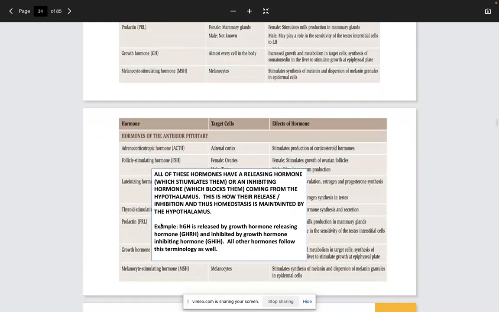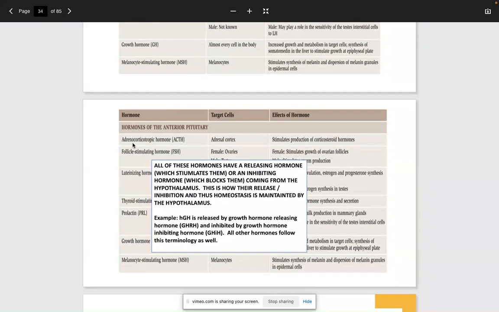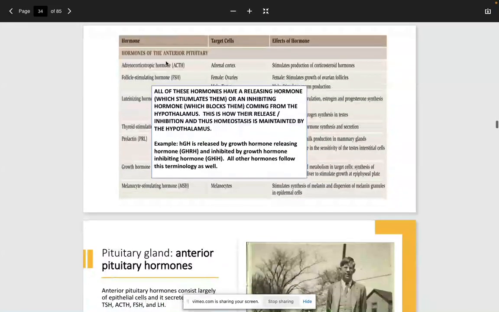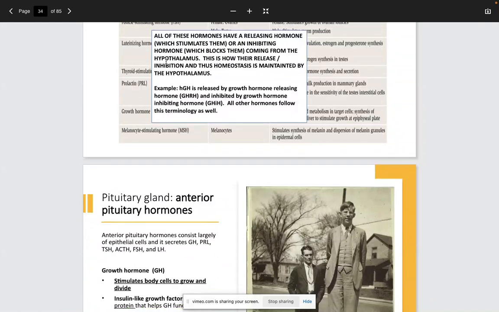Just a little side note, I want you guys to study again. These are all coming from the pituitary, but there are releasing hormones that come from the hypothalamus, which cause the release of these stimulating hormones from the pituitary to then go on to their target location. Again, the hypothalamus controls everything, causes the pituitary gland to release hormones, which will then go to their target destination in order to produce the hormone. We'll get into each of the hormones